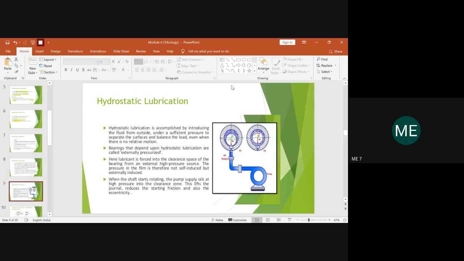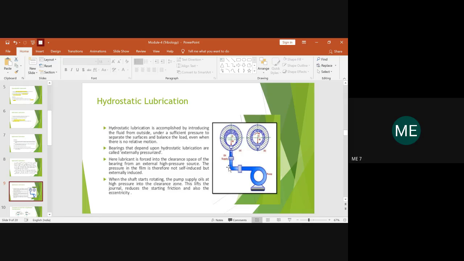After that, you should know that in hydrostatic lubrication you need an external pump, which helps in sending the required pressure for the fluid film. So we need an external media. How do you develop the required pressure? You have to use an external pump to apply pressure at the inlet of the oil, and hence the pressure of the oil at the inlet will be higher. If this is the inlet, P naught will be the pressure of the oil within the inlet. You will have a pump which supplies the oil at a particular pressure so that the required film pressure is established.